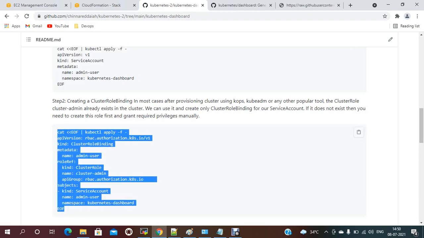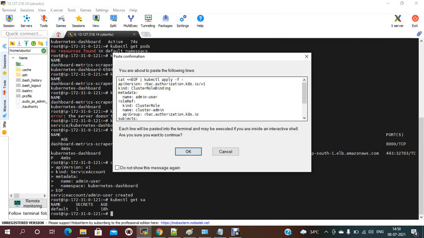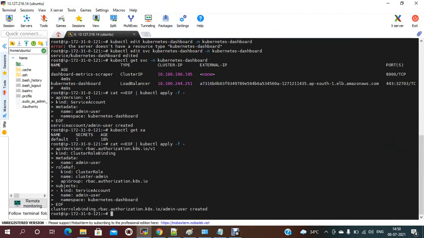So let me run this one. Now the cluster role binding, by default it should be RBAC, so that one we have attached.